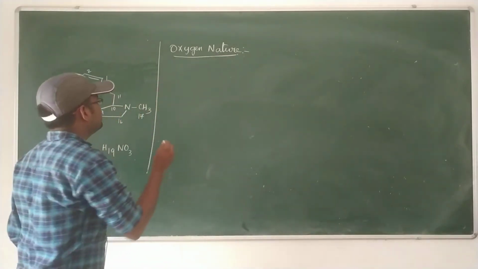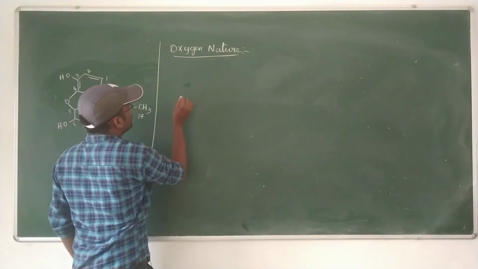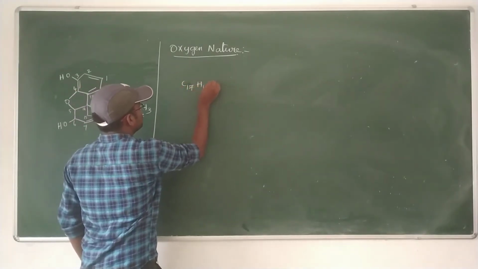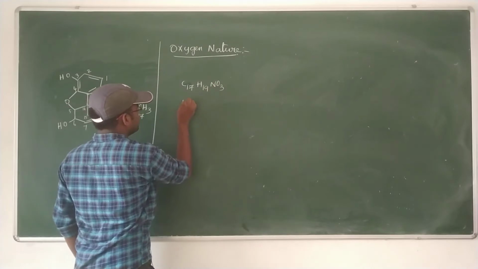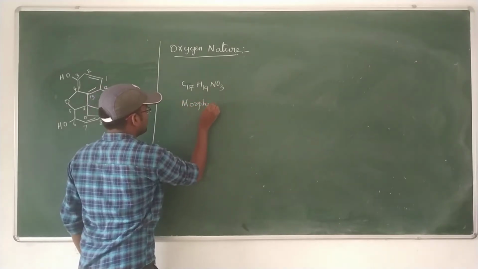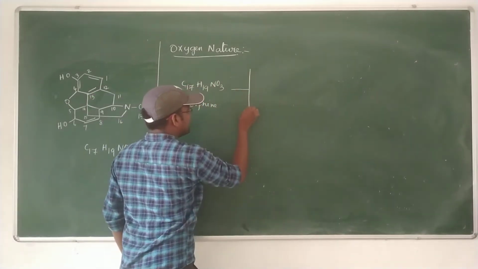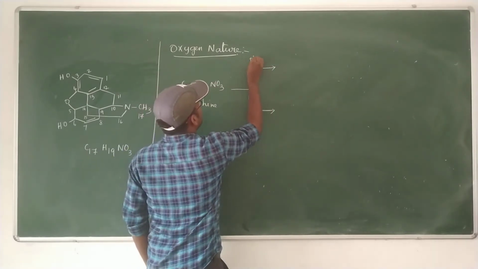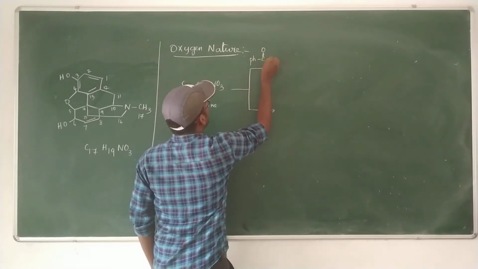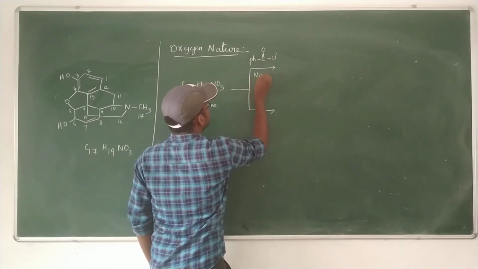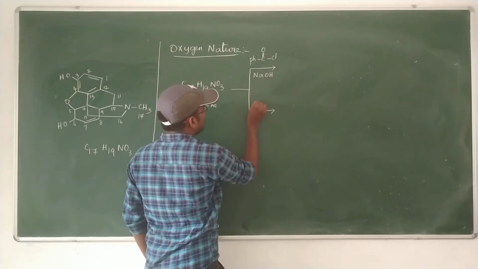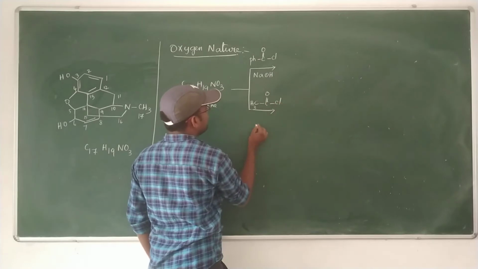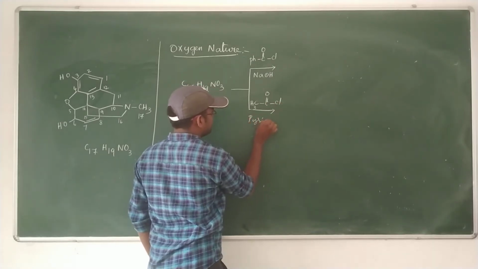Morphine, when treated with benzoyl chloride, PhC=OCl in the presence of NaOH, basic condition, or acyl chloride or acetyl chloride, CH3C=OCl in the presence of pyridine,